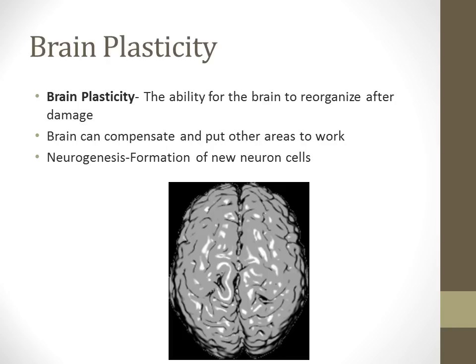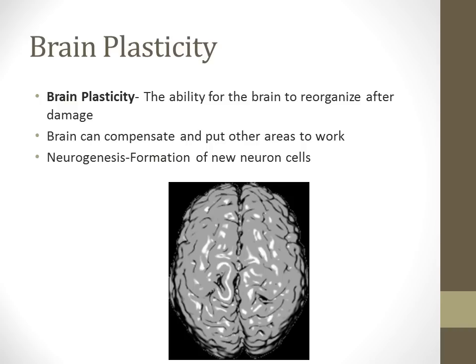Another thing that's pretty incredible about your brain is called brain plasticity. It's the ability for your brain to reorganize after it's been damaged. We talked about the cerebral cortex, which is on the exterior portion of the brain, responsible for higher functioning. What they noticed is you can remove some of that cortex if there was a problem with it or it was damaged, and the brain can compensate and put other areas to work. So if I were to remove this portion, the brain is going to reroute itself because of brain plasticity, and kind of fix the problem on its own, reworking those wirings.